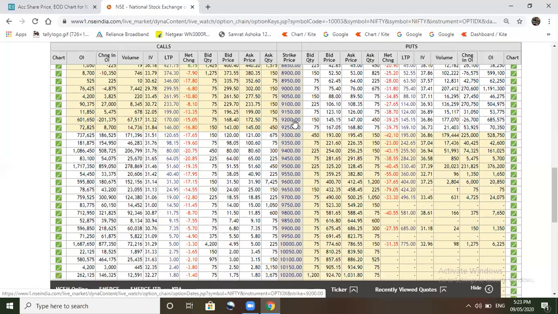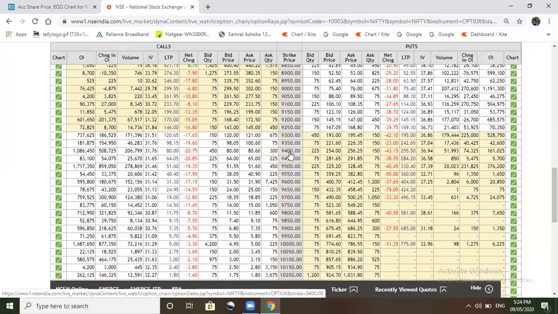This is from the last 2 to 3 days. This is acting as a great support, and Nifty is finding it difficult to break this. At 9,300 also we have 5 lakh, but at 9,200 we have 6 lakh 85,000. So as of now, the Nifty has the support of 9,200 and the resistance of 9,400. So this is for the index, and the same thing will apply for stocks as well. You can check support and resistance for Nifty or stocks in the same manner.